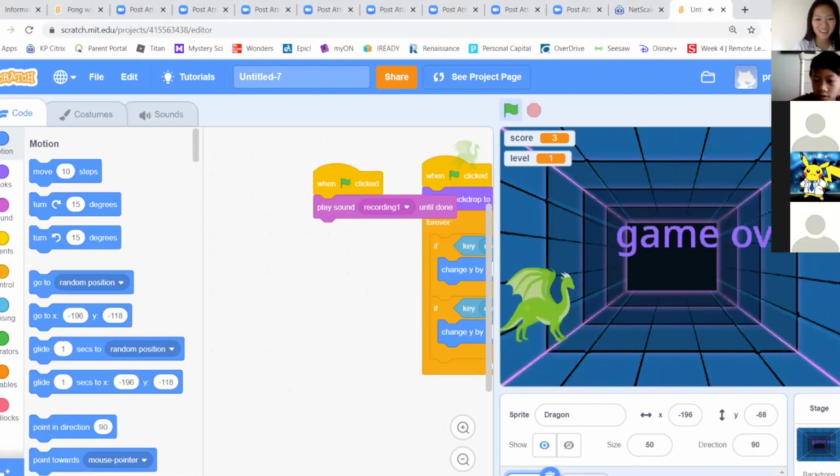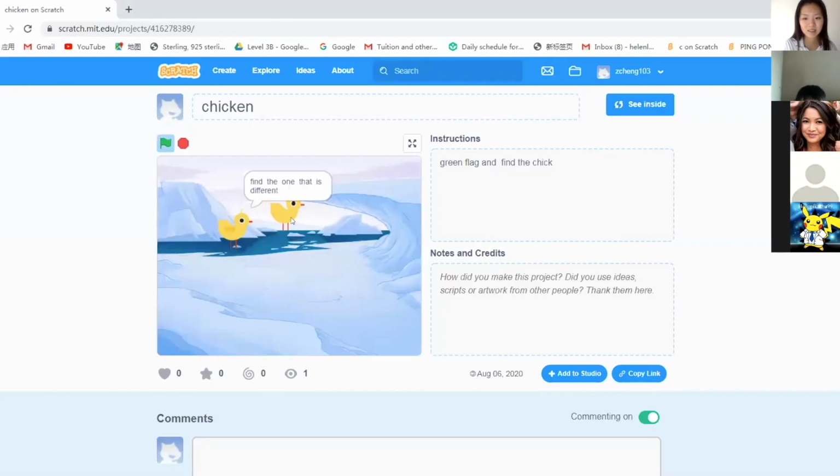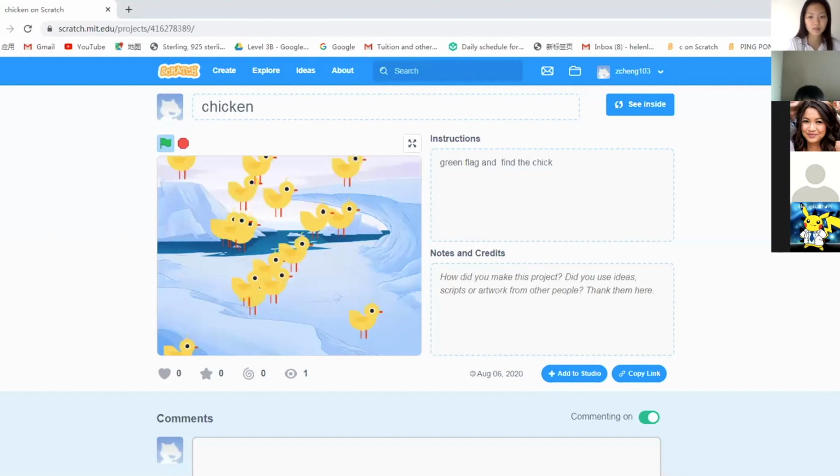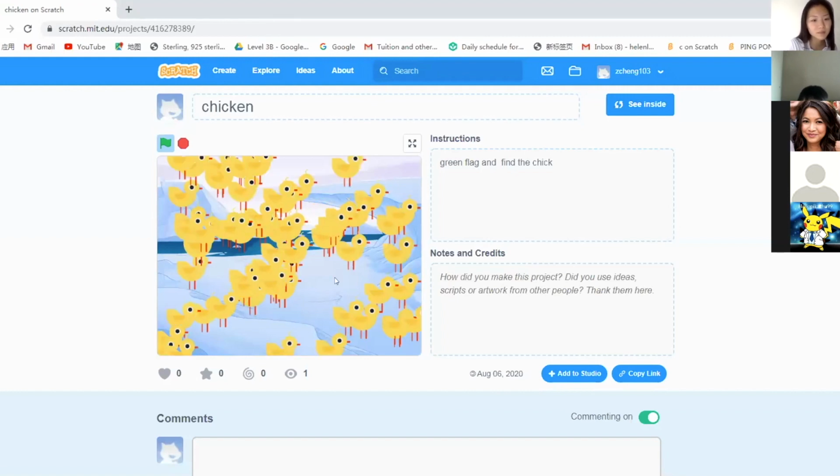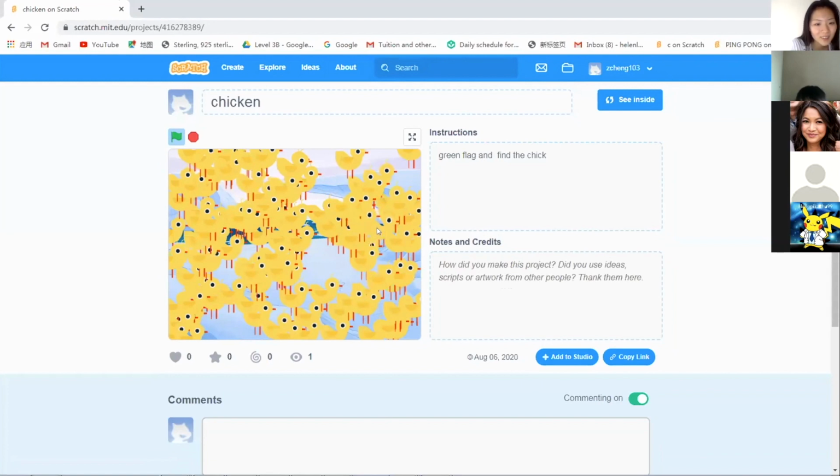And if you lose, then it says game over. Like this. Find the one that is different. And then you have to find it. So if you click the right one, it will do this. And if you click the wrong one, it will do this. Like that. And the hardest part is when I was making it, something went wrong, so it didn't work at first